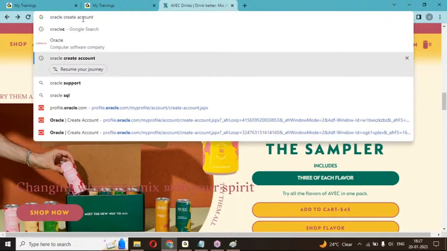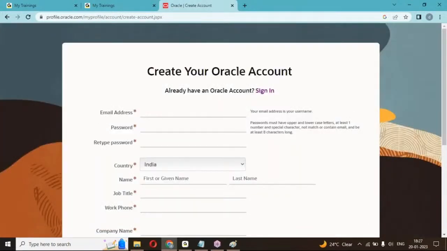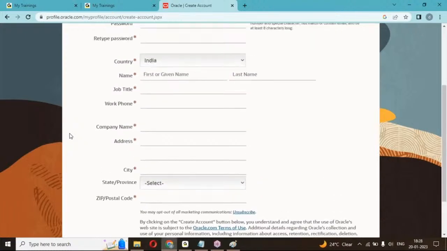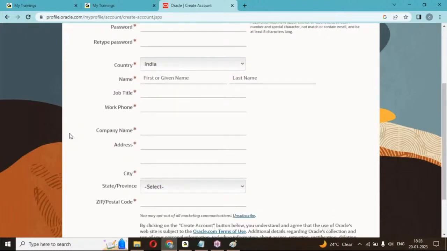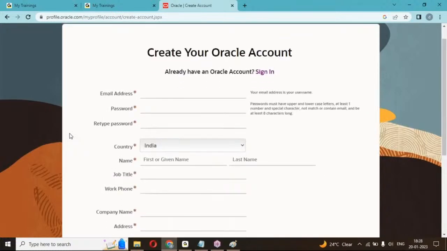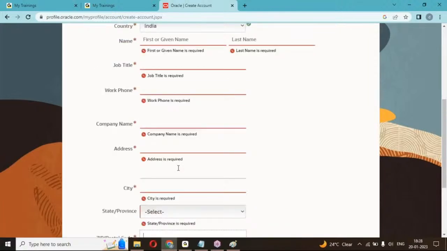Oracle create account. If you check that Oracle create account page, when you want to create your account with Oracle, it will give you one front end page. In this front end page, you can see the submit button, email address, password, country, company, work, city. See, all this information you can see. Once I click on create account, you can see all the red color error messages. These error messages, buttons, text boxes, radio buttons, and drop down lists